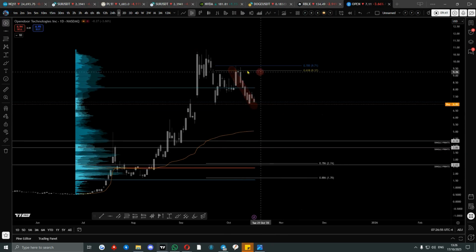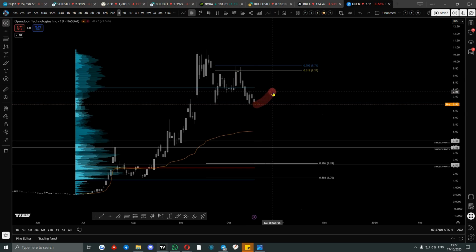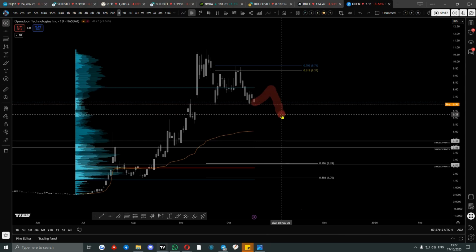So I would potentially think that we could come back up into this sort of value area high here, about $8. We don't have to, but it's possible, just to do something like that before then getting that next leg